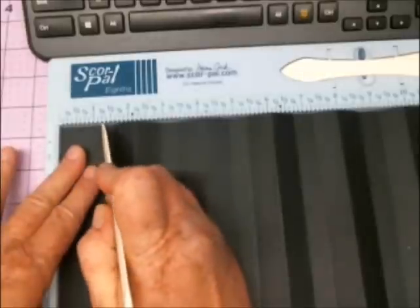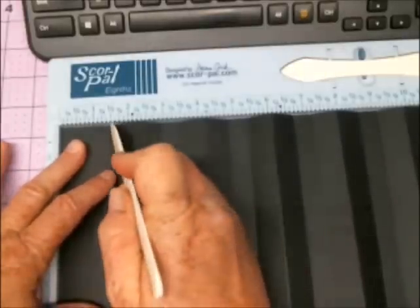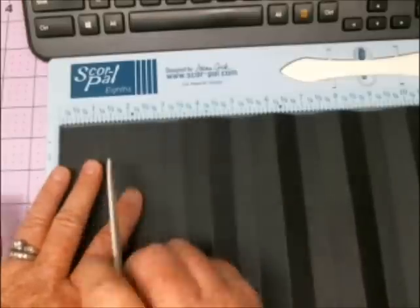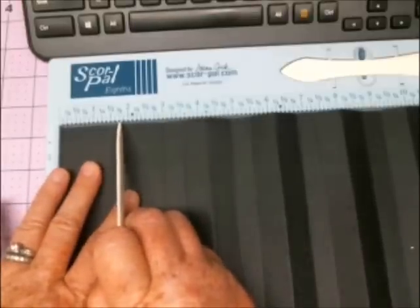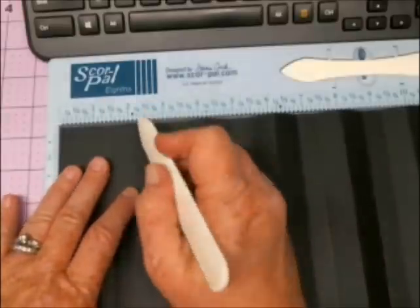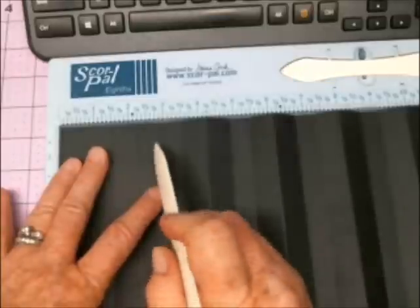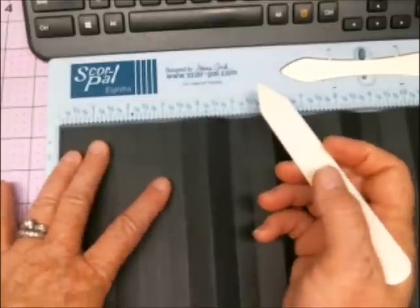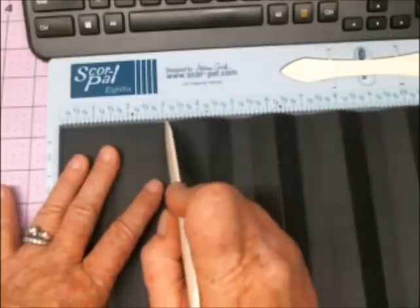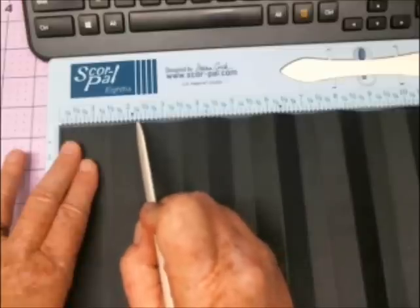So we're going to start at 1 1/4. You can score at 1 1/4 and score at 1 1/2. Now, your next score line, if you were to count 1, 2, 3, 4, 5, you would have 6. But this is really simple. Just go to 2 1/4. And ignore, if you can see that I did mess up, but there's no need to waste it. I just fixed it and can still use it. So 1 1/4, 1 1/2, 2 1/4,